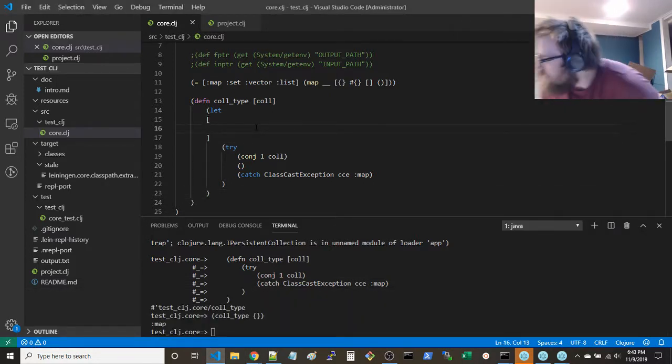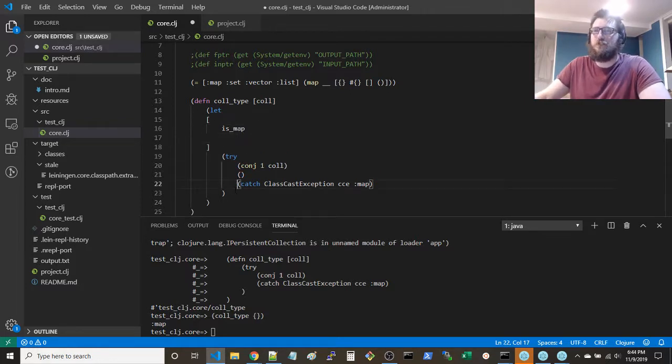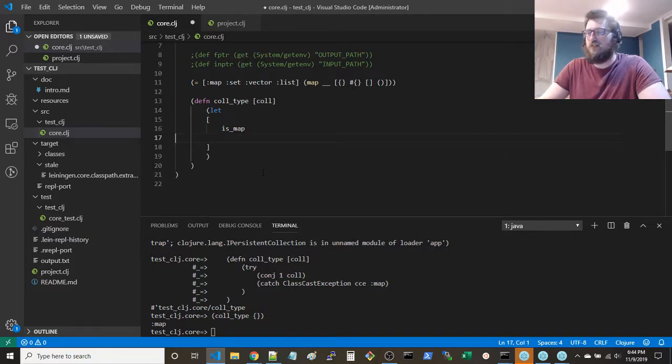Okay. What we're gonna want to do is collection type, collection let. I want to say is set. I think we should actually do it this way. Is map should be this one. I like that better. So we can do, like, properly do a process by elimination kind of deal.